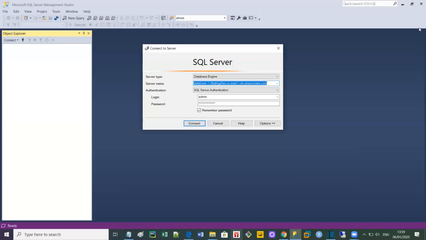The first thing I do, I connect to the server. You open the SSMS, and then you just get there. Just make sure you copy the exact connections to the server. So I do connect, and then it's connecting at the same time. I just go into the website,